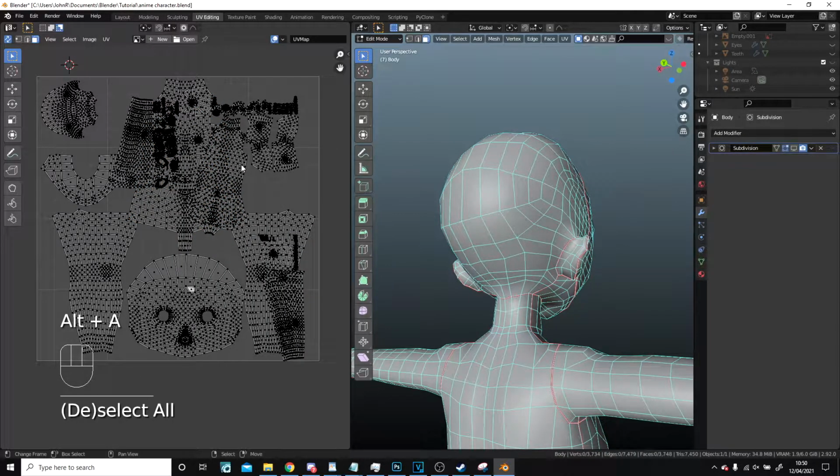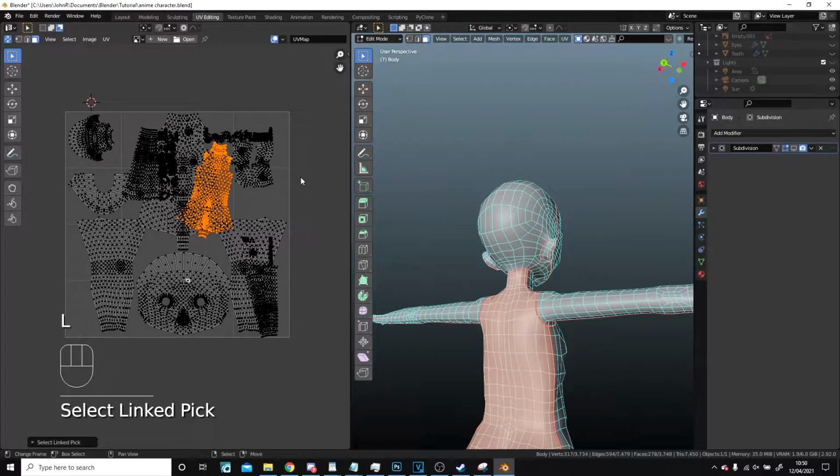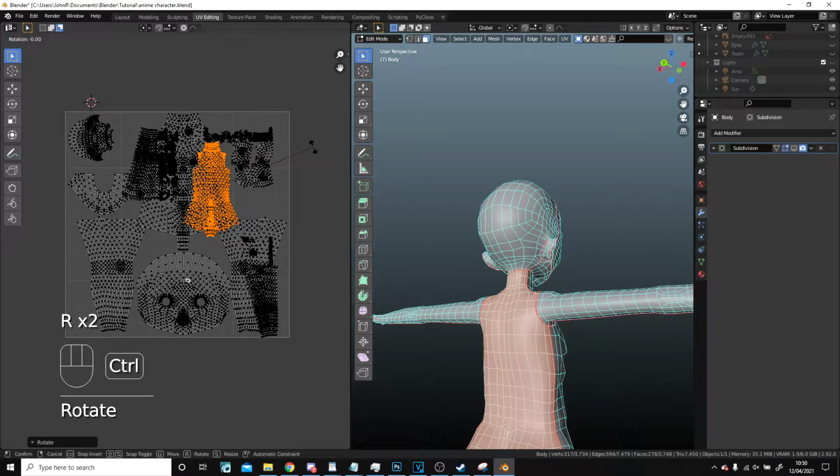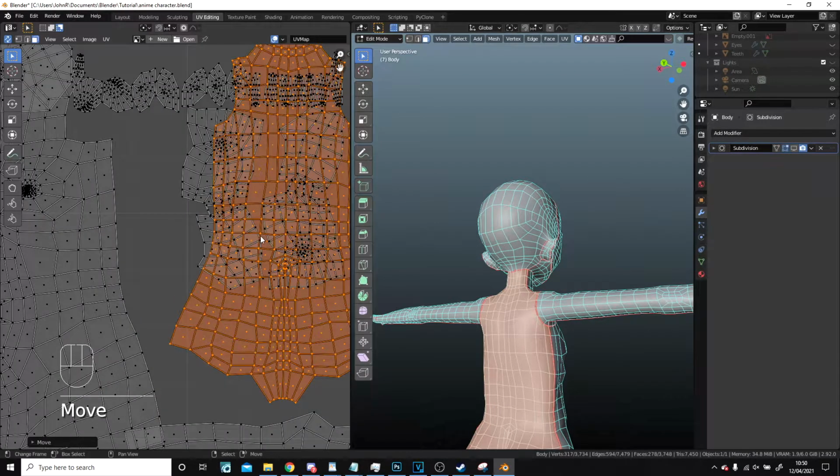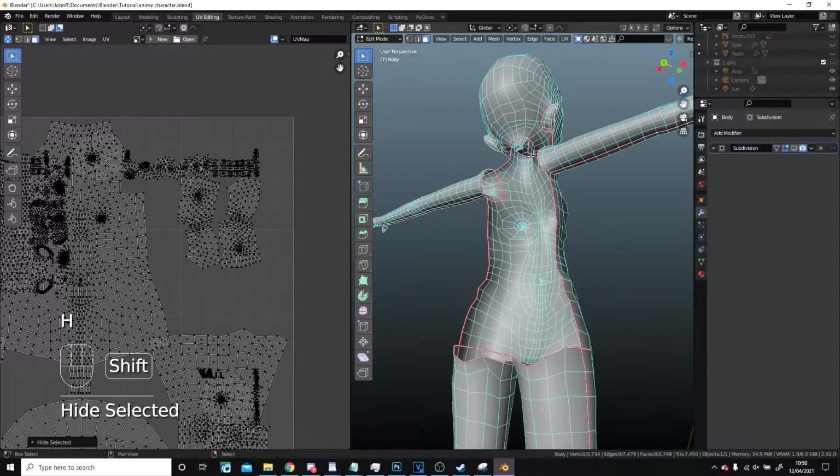Perfect. So this is the back. Again, not as important as the front, but not completely pointless. So I can probably fit this just above here. And I'm going to have to make sure to be able to get at all these different parts. So